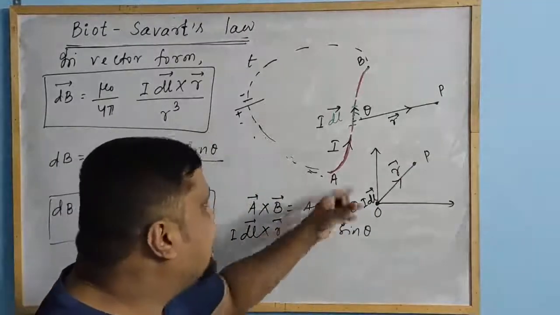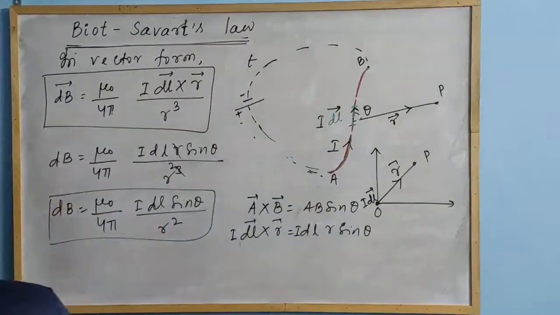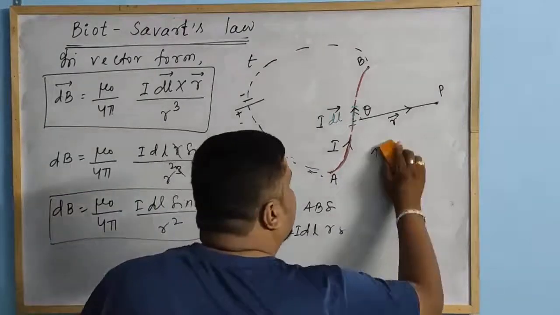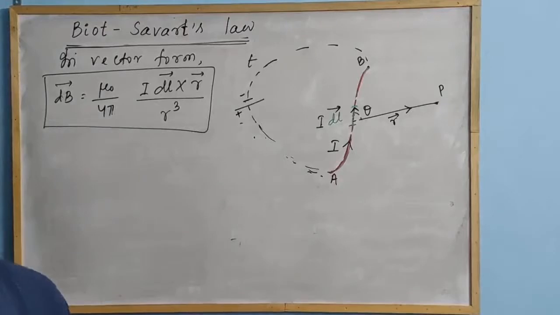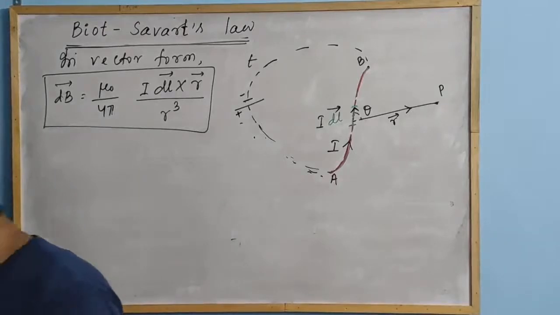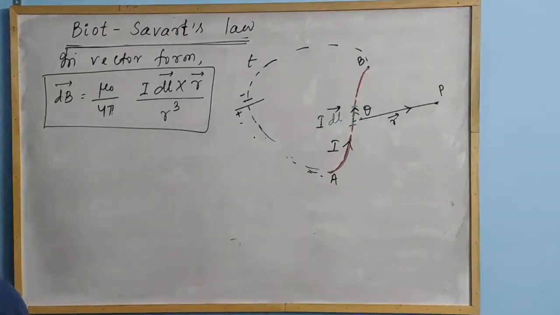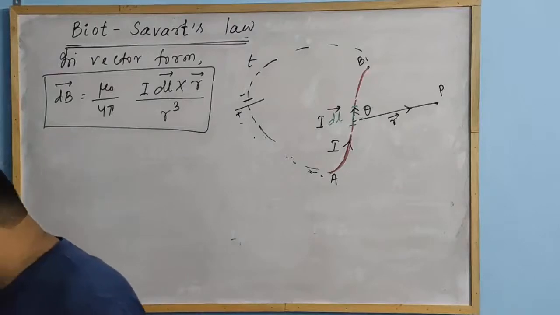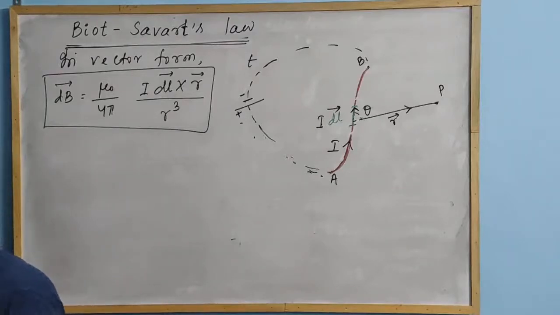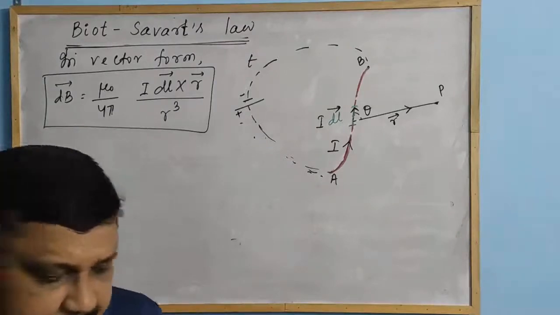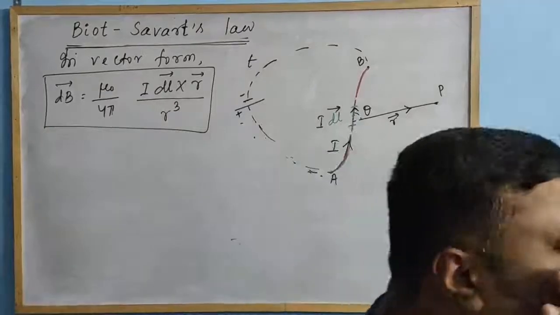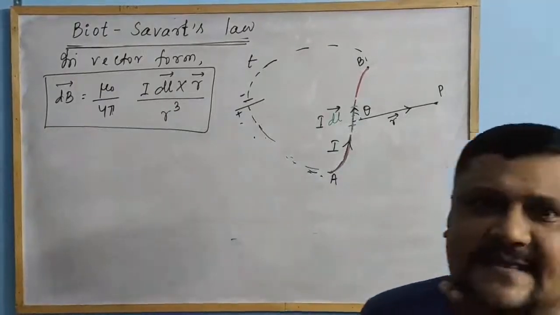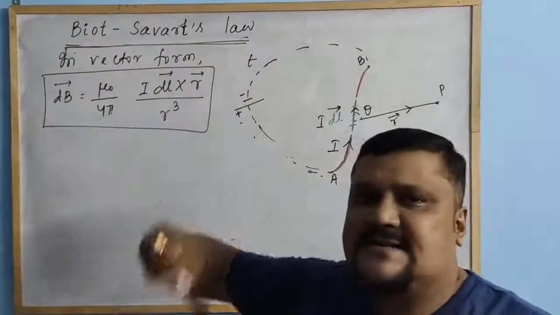Okay? So like in a coordinate system. Clear? So this is my vector form, the Biot-Savart law in vector form. Now, from this expression of the Biot-Savart law, you already know the magnitude and the vector form. If I write it in vector form, then a question arises in our mind: if it is a vector, then what is its direction?